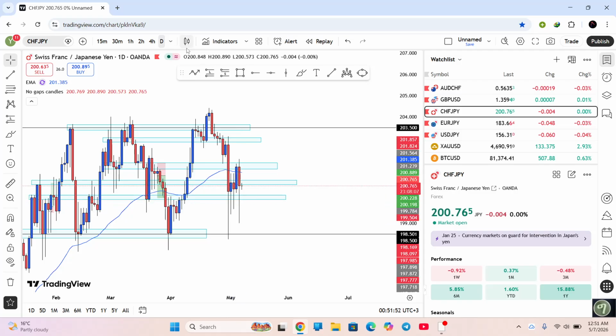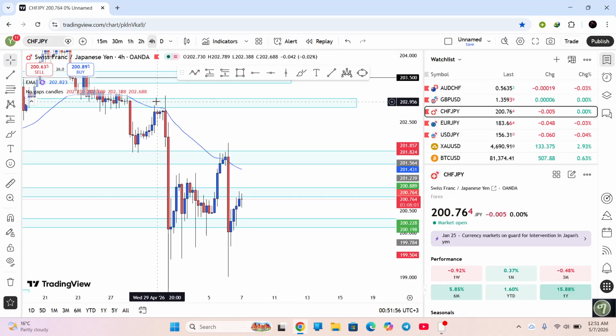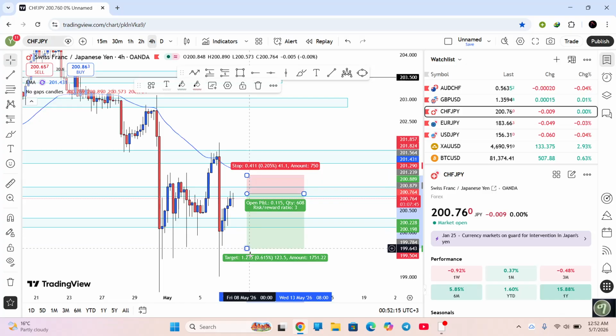So I think it's just gonna reject and use this box as a resistance and keep going to the downside to fill this downward wick. And on the 4-hour time frame, as you can see, we are bearish. We formed this lower low, formed the lower high, formed the lower low, and right now we are forming the potential lower high. So we are gonna wait for some kind of rejection to happen on this area to take the trade to the downside. That's it.